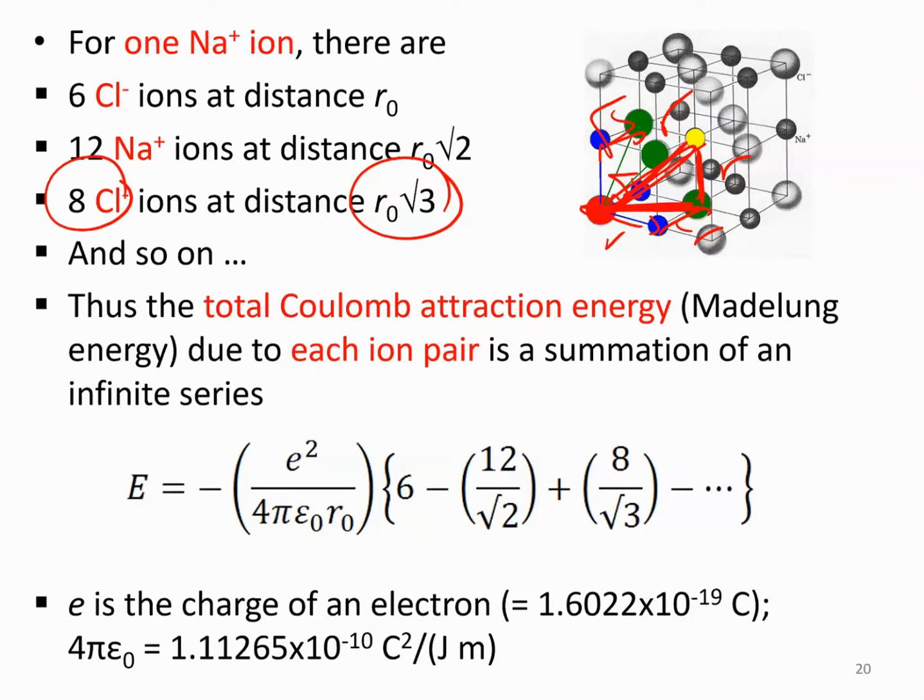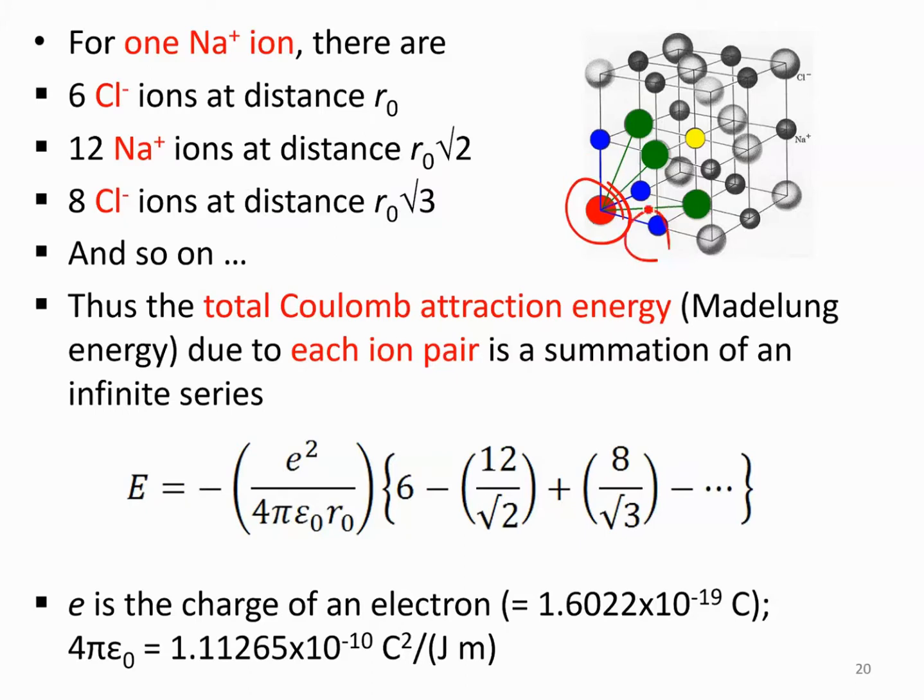To imagine the model, normally I would only ask you to go up to the third nearest neighbor. Of course I can ask you to find up to the 4th, 5th, 6th nearest neighbor, but because it's very hard for us to visualize, I will only ask you to get the first 3. For the first 3, I think it's not that difficult. It's quite easy. So now we can conclude that, if I take this as a sodium plus ion, then there will be